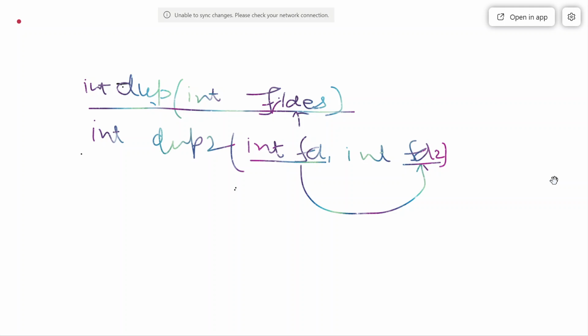Now one may ask, sir, what is the difference? That can be done with the earlier one also. The difference is that here we can specify that FD must be copied in FD2 and a value of FD2 may be given. Let's say I have given 3. So I am very sure that the duplicate which is going to be created on behalf of FD is represented by value 3.